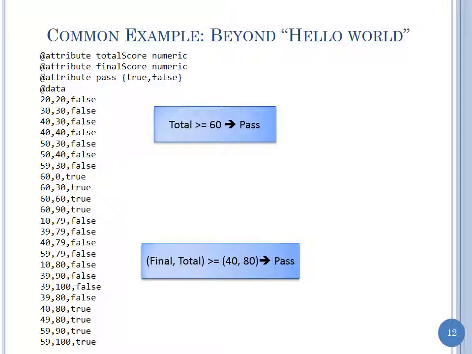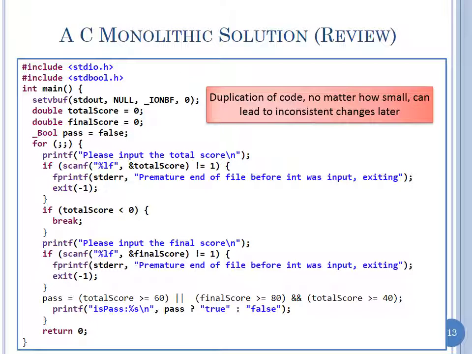And we just took this problem and we looked at different ways of doing it. We started with C, and there are many ways to use C. And the way we used it first was it's a small program. So one of the students said, what's wrong with just putting it all in one main method? And we saw that an issue there was duplication of code. And the question then was, what if the code is just a line or two of duplication? What's a big deal? And it's not a big deal if you're copying the code and pasting it. It may be faster to do so than defining a separate function. But we saw that the problem can lead to duplication of code with inconsistent changes made to it later. Okay, so that's an important point. We don't want duplication